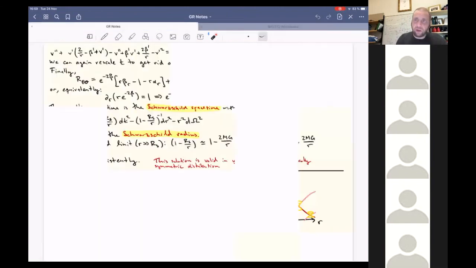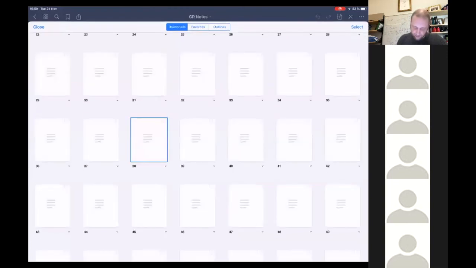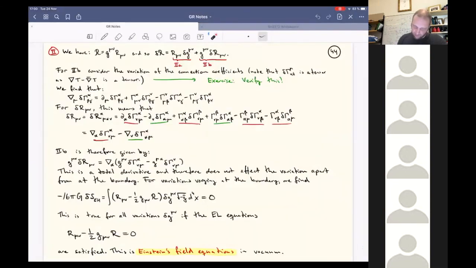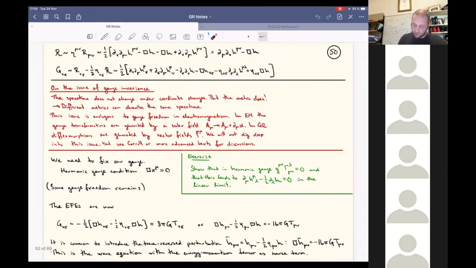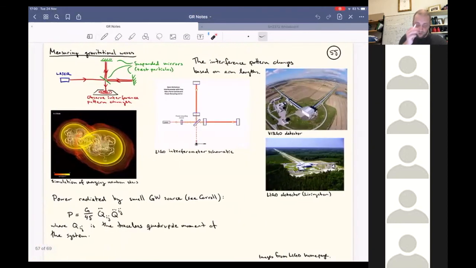So we have 1 minute left, so let me just say a little bit about, I'm not going to write anything down now. Let's see, these are the lecture notes. Let me just go to that part of the lecture notes. So here, this is essentially what we use to measure gravitational waves. So we have this kind of Michelson interferometer,